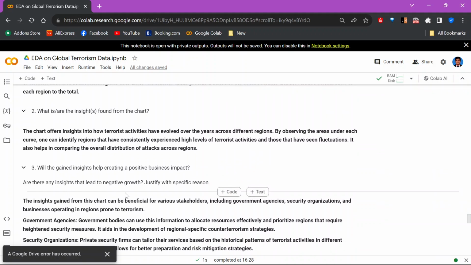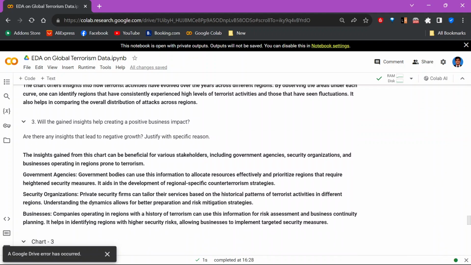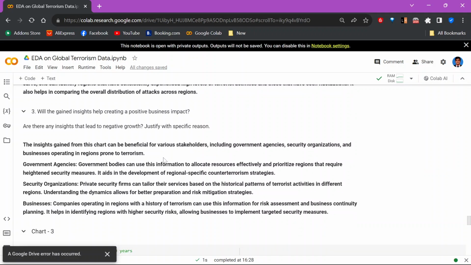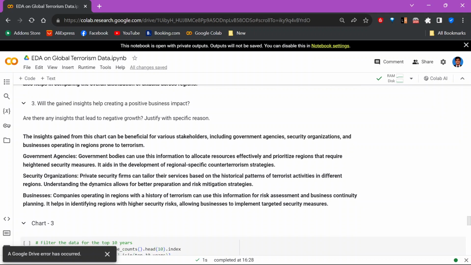Are there any insights that lead to negative growth justified the specific region? The insights gained from the chart can be beneficial for various stakeholders, including government agencies, security organizations, and business operations operating in regions prone to terrorism. Government bodies can use this information to allocate resources effectively and prioritize regions that require heightened security measures. It aids in the development of regional